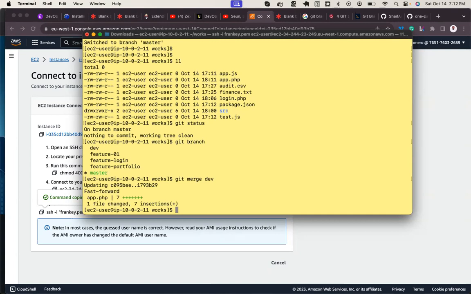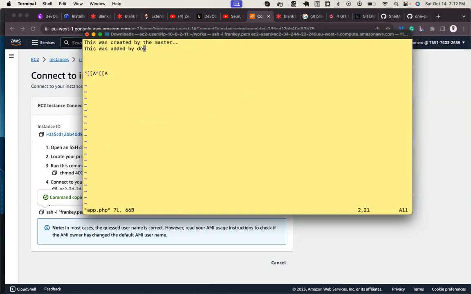Okay. What I want to do now, I want to cause a conflict. That's what I want to do. But the conflict is not happening. Now, let me modify this file, app.php. Let me remove this line. Another content added by master.